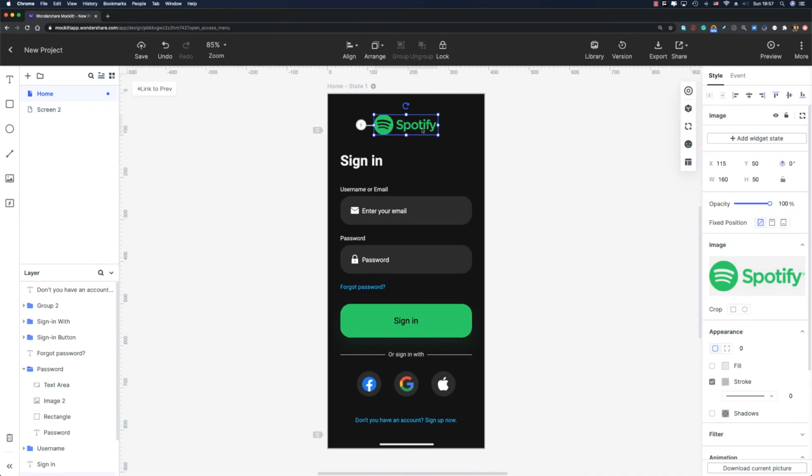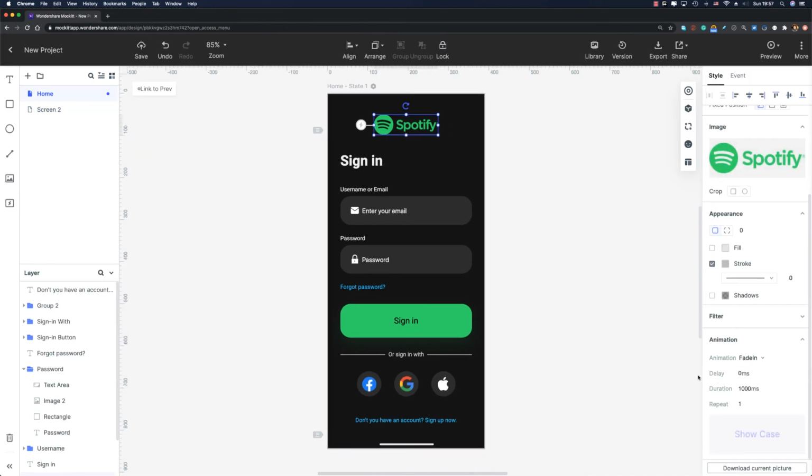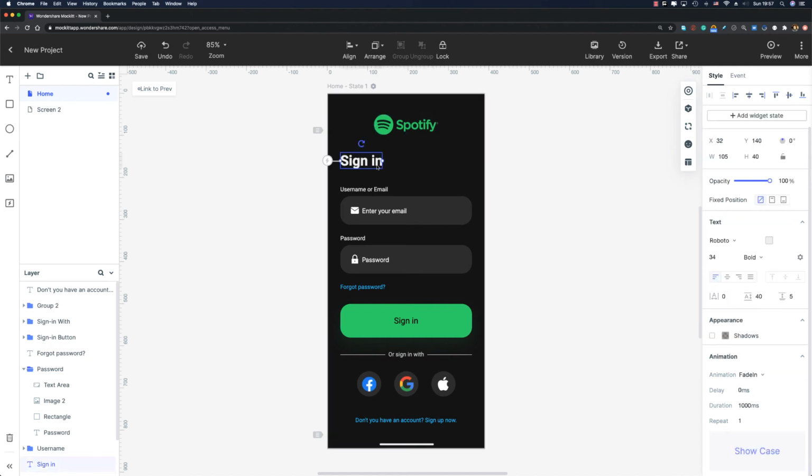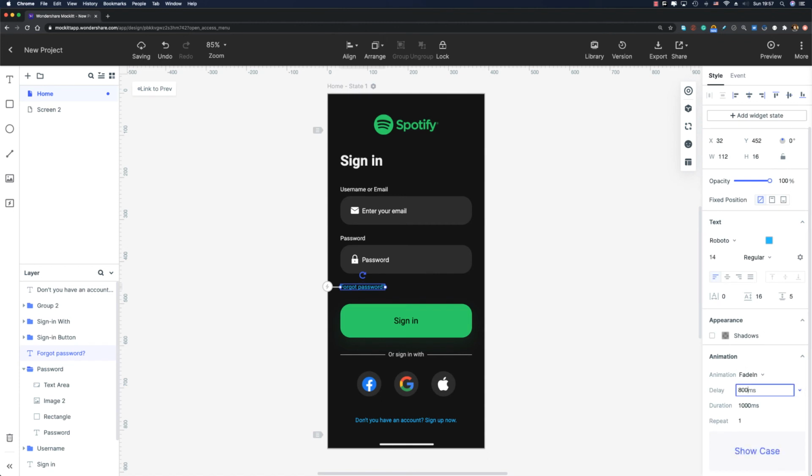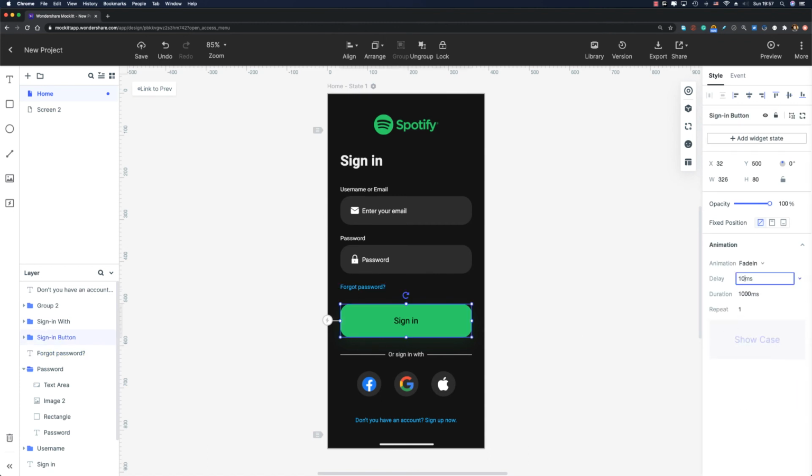Let me select the Spotify logo, and you can see that the delay here is 0, and it's fine. Now let's select the sign-in title, and I'm gonna set the delay to 200. Let's select my first text field, and set the delay to 400, and you get the idea. I'm gonna increase it by 200, okay? So the next animation is gonna have a 600 millisecond delay, then we will have 800 milliseconds, then 1000, the